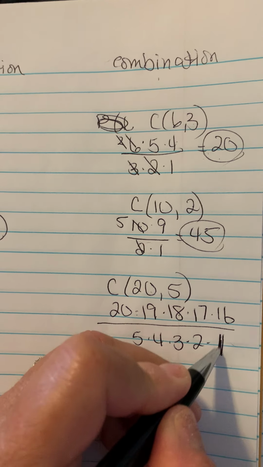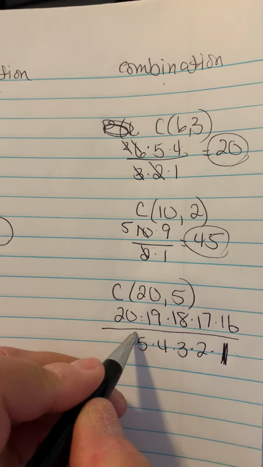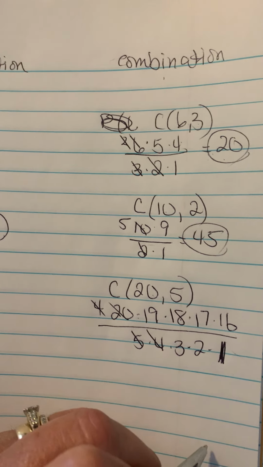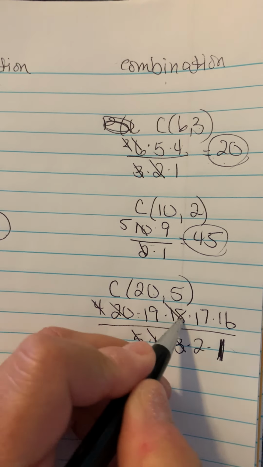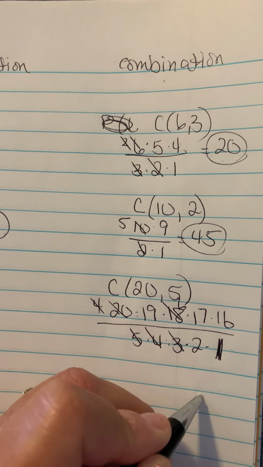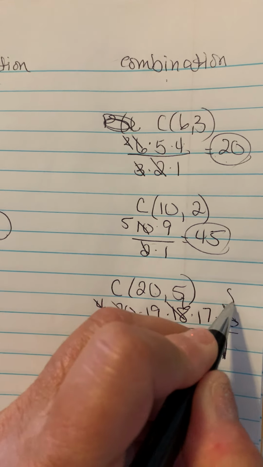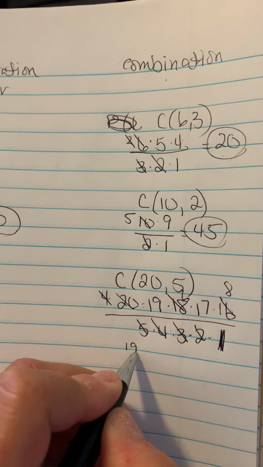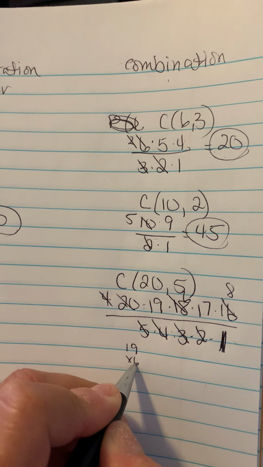That's supposed to be a 1. Okay, so how about if I go 5 into 20 is 4? 4 into 4, the 20 is gone. 3 into 18 is 6. I'll go 2 into 16 is 8. So I have left 19 times 6